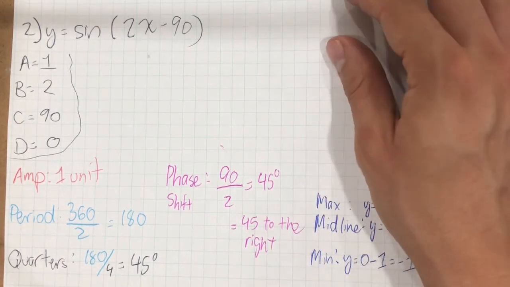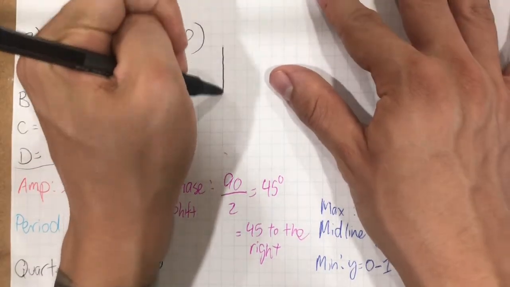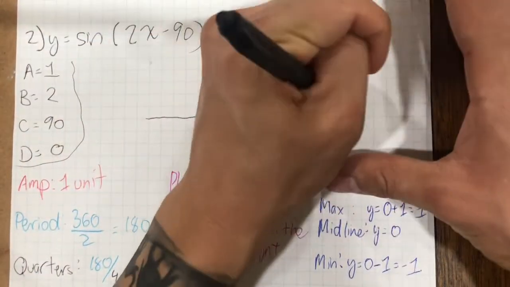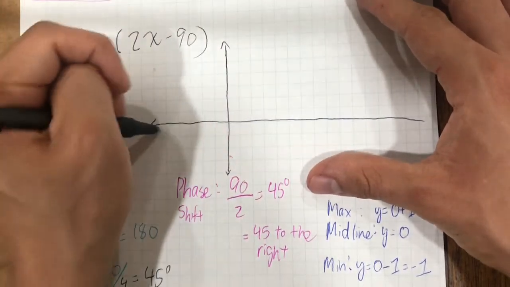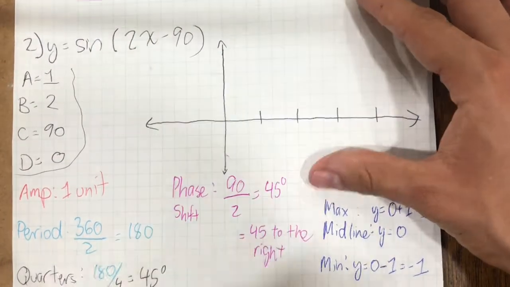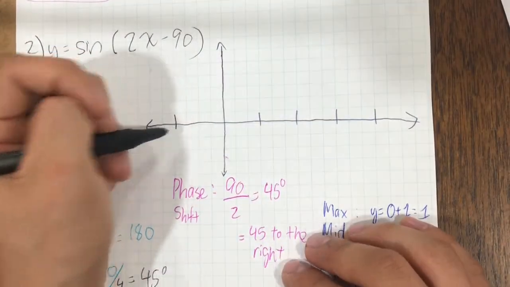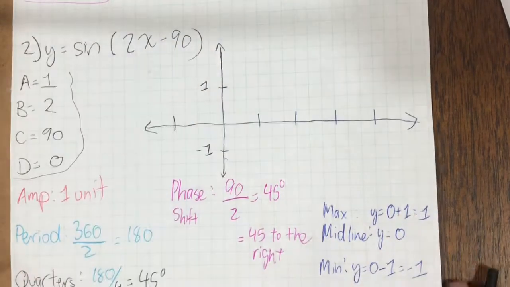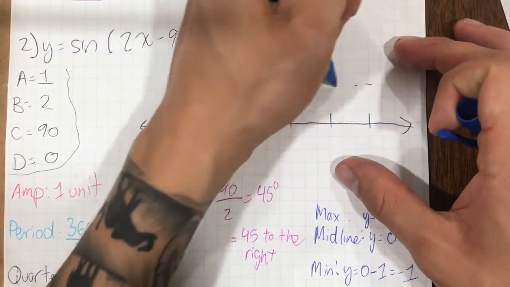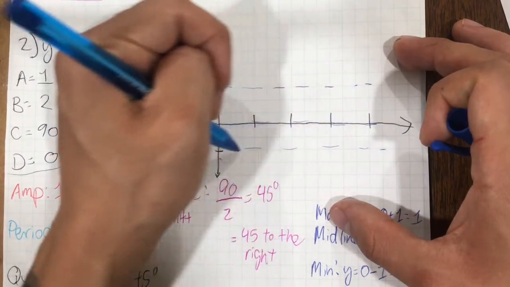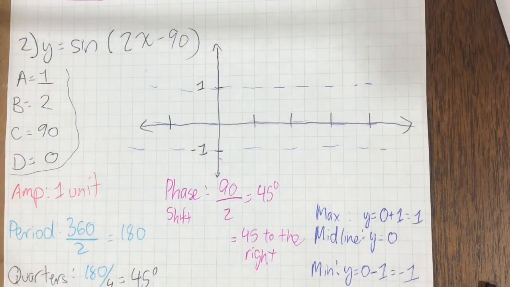So now I'm going to go ahead and make my graph. First off, I have my 1 and my negative 1, and then I'm going to draw the max line, the midline, and the min line. Okay. So now I'm going to try to figure out the numbers